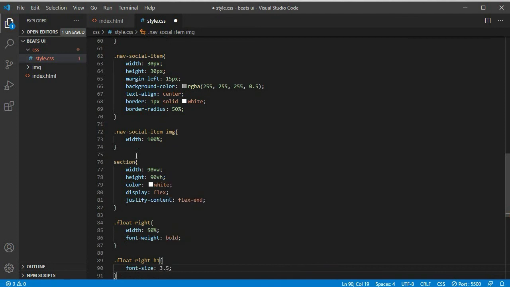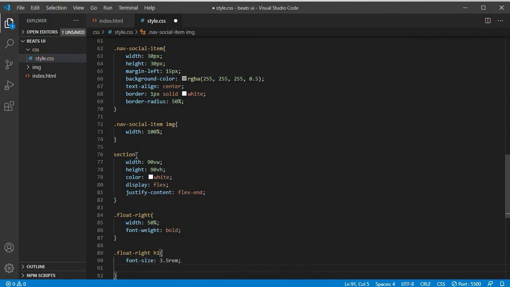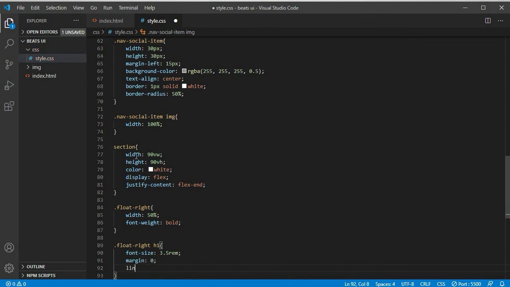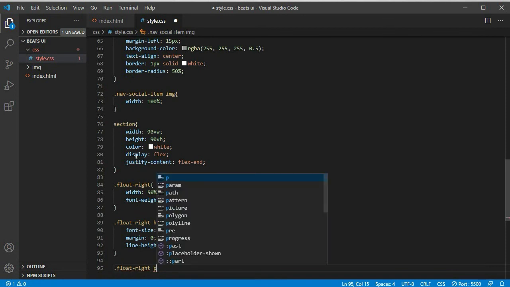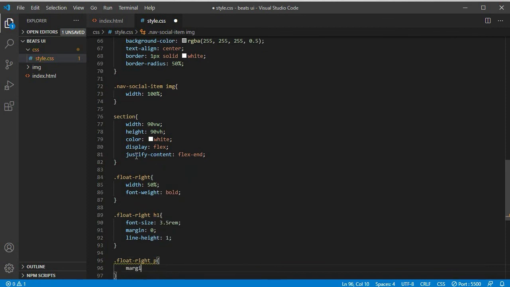Let's set the font size to 3.5 rems, and we want to set the margin to 0. And let's set the line height to 1, so we minimize space. So let's set the float right paragraph. We want to set the margin to 0,